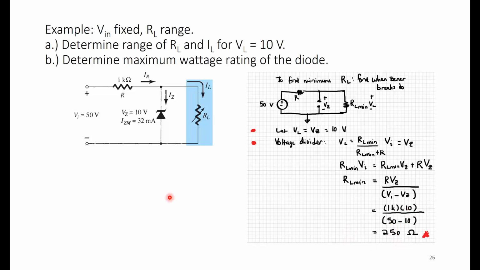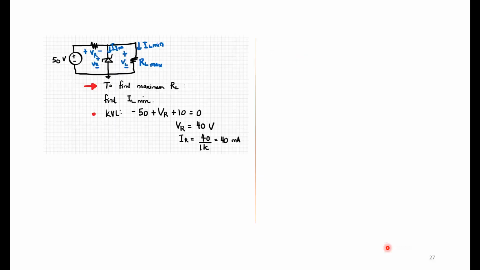And for this example, that is the minimum value of RL that will cause the voltage to break down. Otherwise, the voltage regulator will not be functioning as it should. So the minimum value should be 250 ohms. If you want to connect anything here, it has to be bigger than 250 ohms. Okay, if we know that it's going to be 250 ohms, now the next thing is we need to find